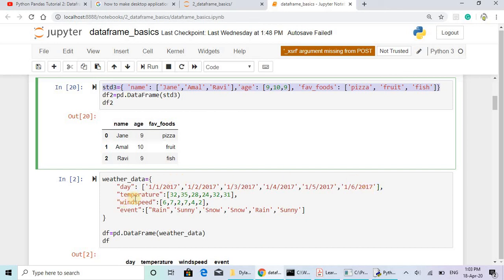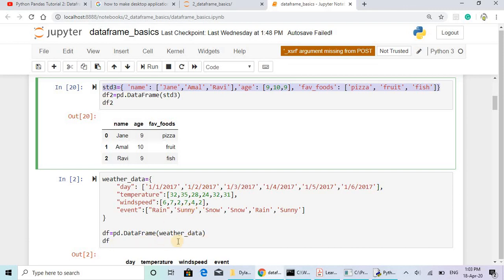Okay, and next temperature 32 35 28 24 32 31, like that. And wind speed 6 7 2 7 4 2, a list of wind speeds here. Also event rain, sunny, snow, or such events also written here in this list. Okay, these are the indexes and these are the corresponding values.